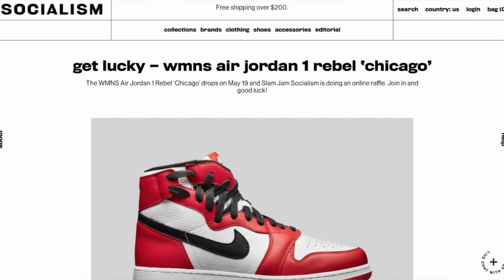But if you guys see that it pops up on your calendar, feel free to let me know in the comments down below. And finally, for the Chicago 1 Rebels, you can also sign up on the Slam Jam website, because they're doing a raffle for them too, and like I previously mentioned, do the same exact way. Moving on to the Top 3s, there's actually a separate store list for them, so obviously,